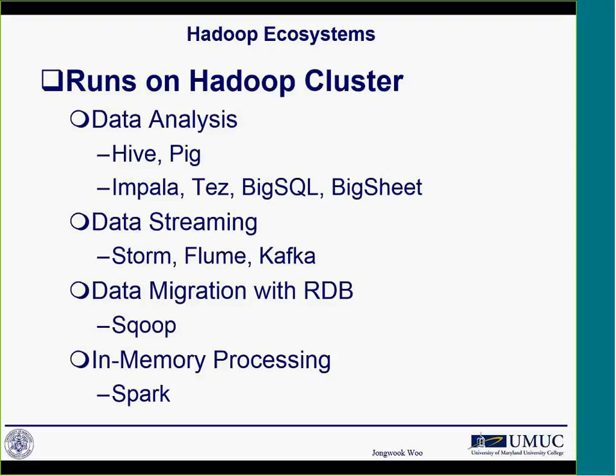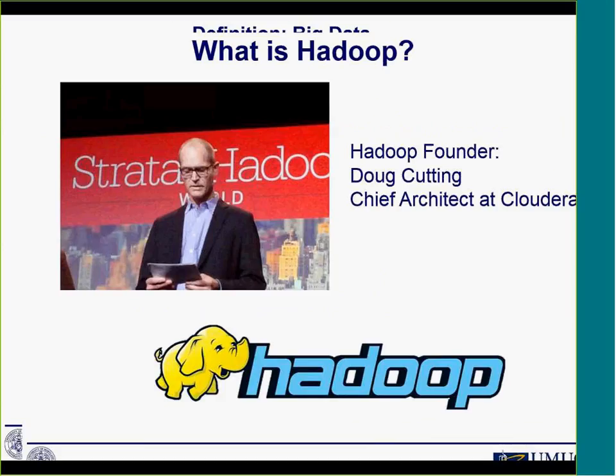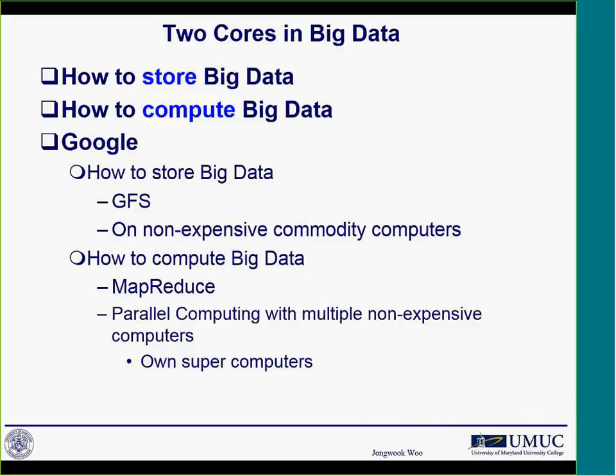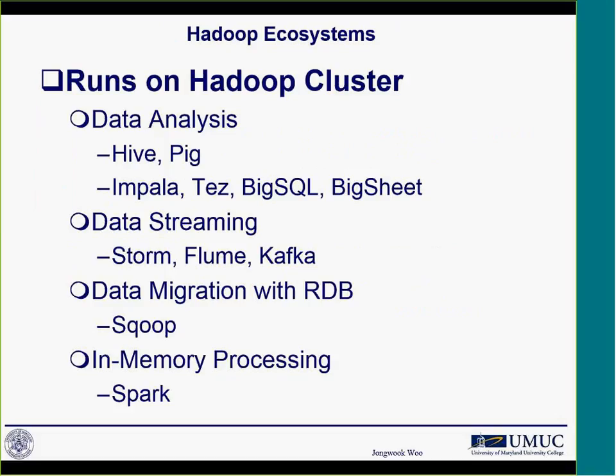So, okay, before I move this slide, again, Hadoop is composed of 2 cores. One is for storing data, and another one is for processing data. So it is composed of HDFS, Hadoop Distributed File System, and also MapReduce. Okay. I think I could show you some here. So anyhow, once you have a Hadoop cluster that is composed of several servers,